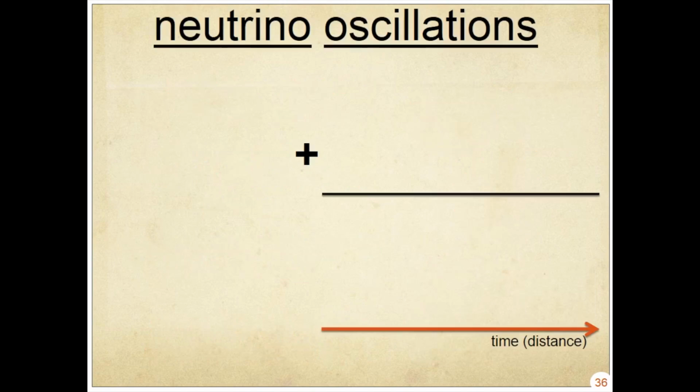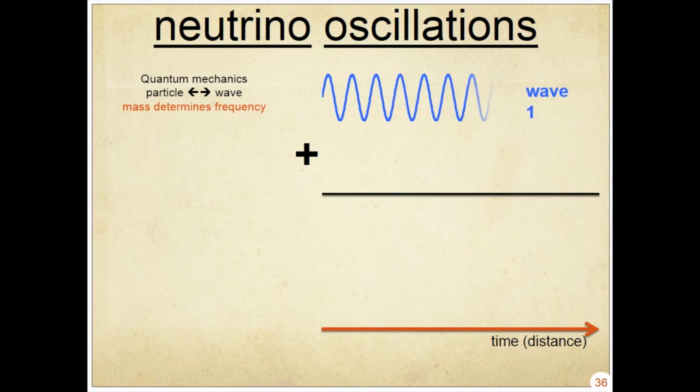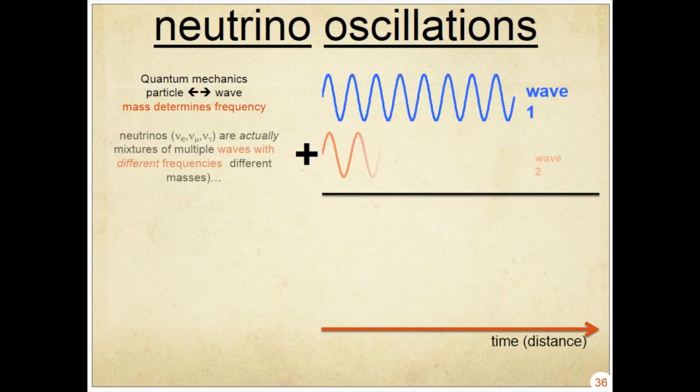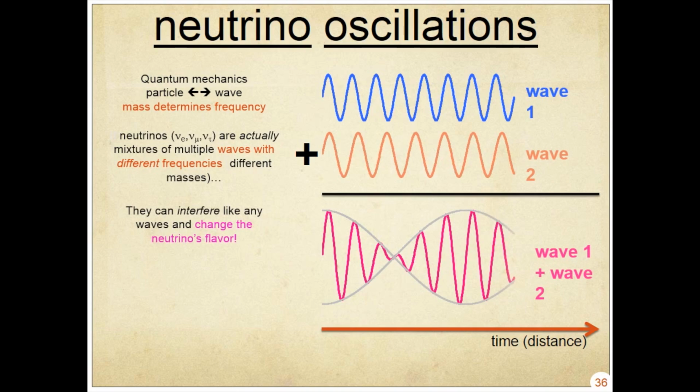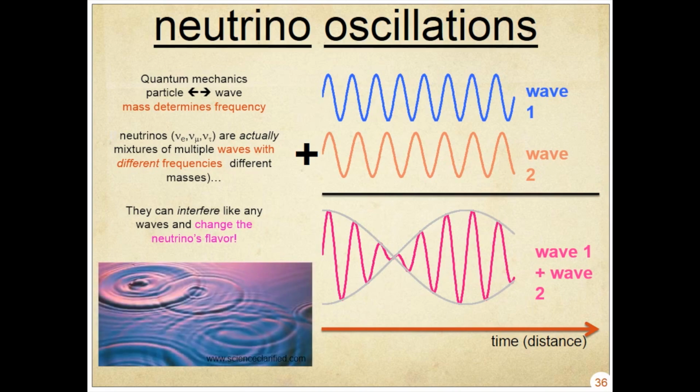So this leads to the following phenomenon. If you hit 2 tuning forks that are just a few hertz different, what do you hear? You hear beat frequency. If you have 2 neutrino masses that represent a quantum mechanical frequency, and they are similar, they will beat. For those of you who've forgotten this phenomenon, there's a relationship between a particle mass and its frequency as a wave. If you have 2 of those that are only a slight bit different, you add them together and you get this beat frequency effect. You get this envelope.